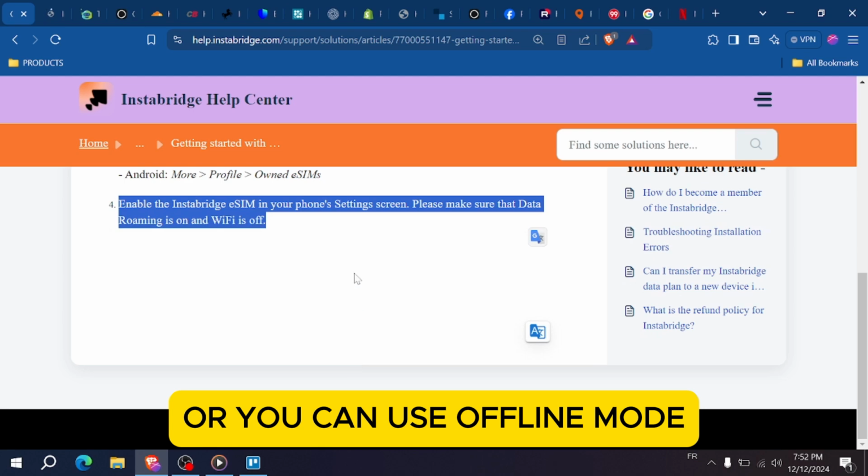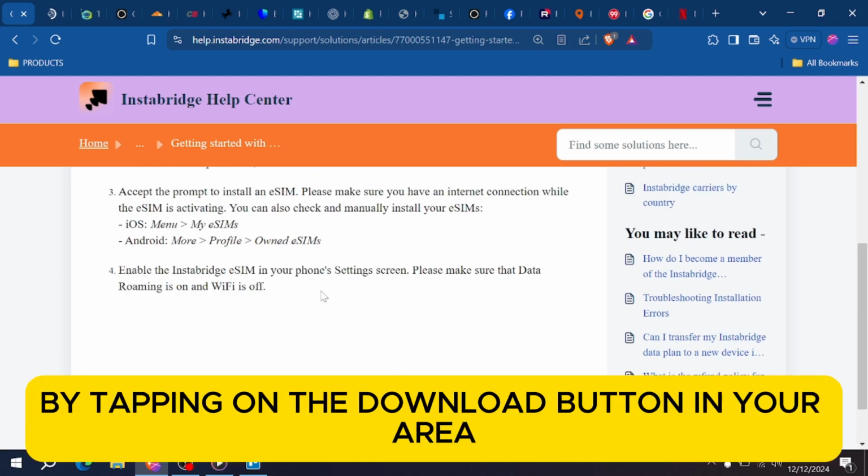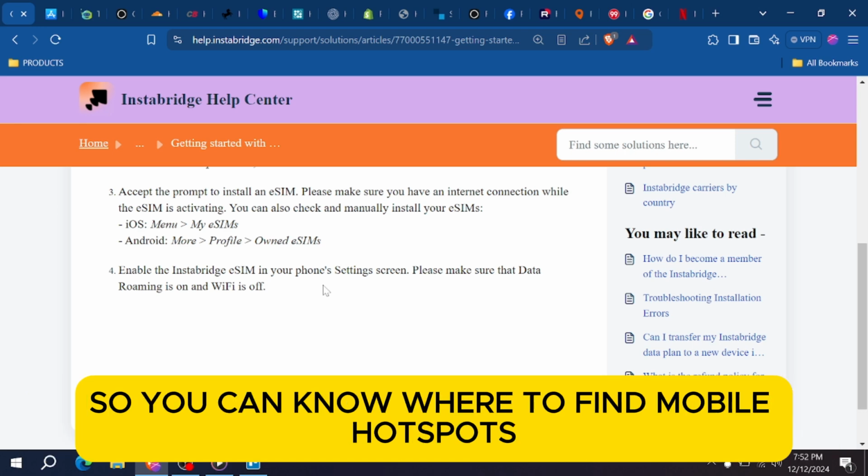Or you can use offline mode, so you can download Wi-Fi maps for offline use by tapping on the download button in your area. This feature is great for traveling without mobile data, so you can know where to find